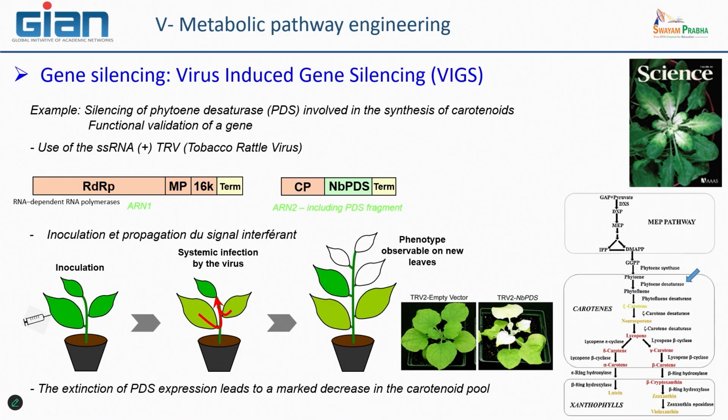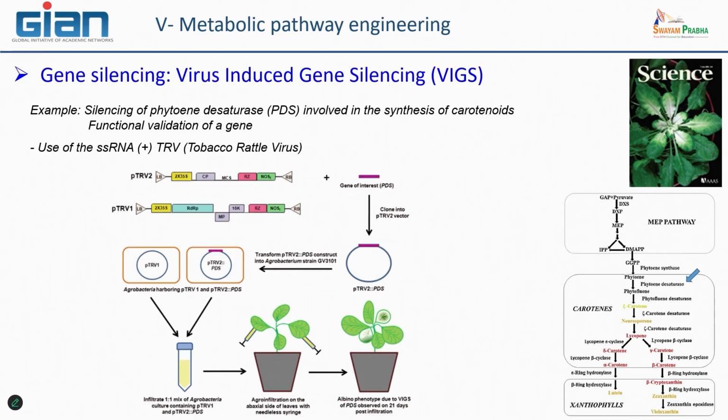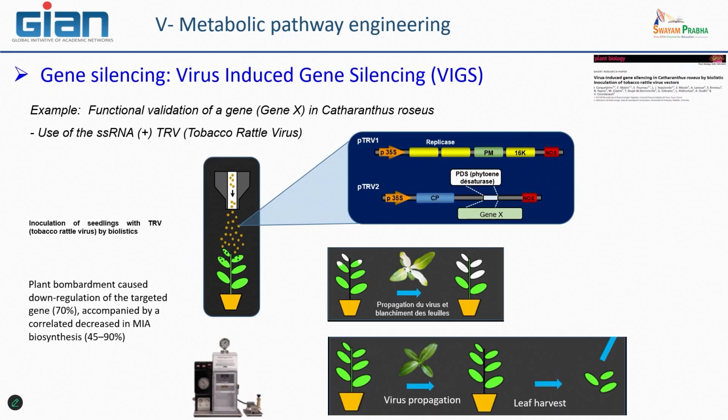And by this way, after you can compare when you integrate some specific targeted gene. So here are, for example, some other types of virus used. I don't want to go into several details of the technology,